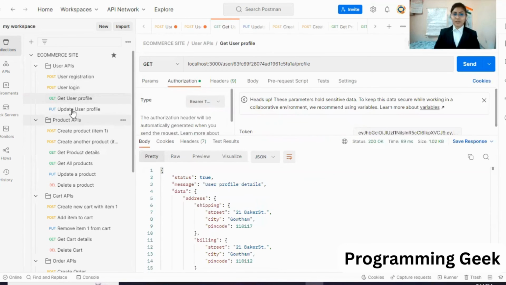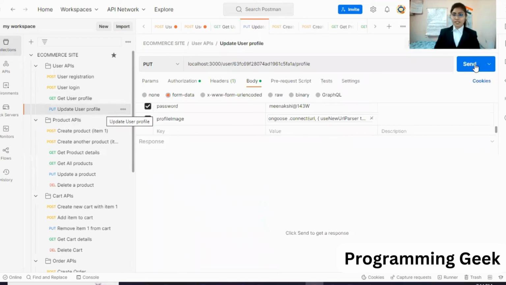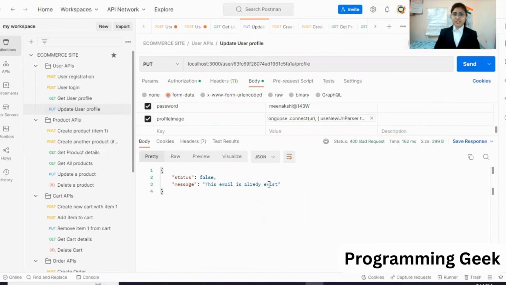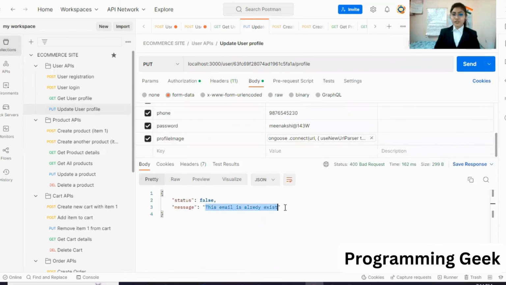Here we can update the data with a valid user. I already hit all the APIs. This email already exists because I applied unique true. It means every email is unique on our site.